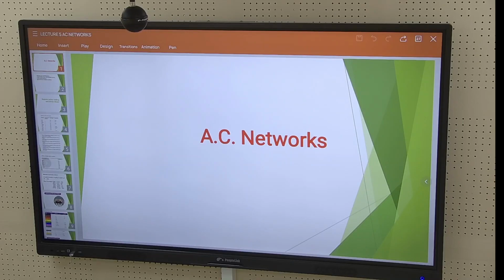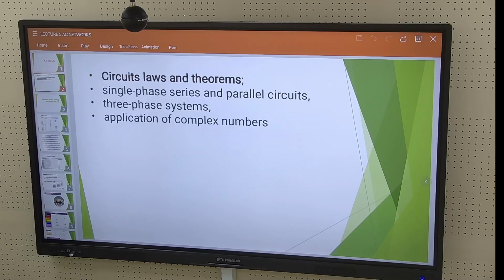Hi class, today we are going to study AC circuits, AC circuit networks, starting with the circuit laws and theorems. If you remember, we had the circuit theorems for single phase series. Actually, we use the circuit laws and theorems that we used to do with the